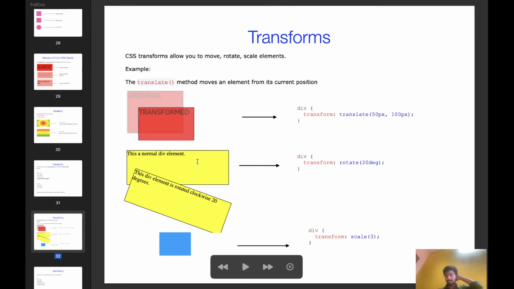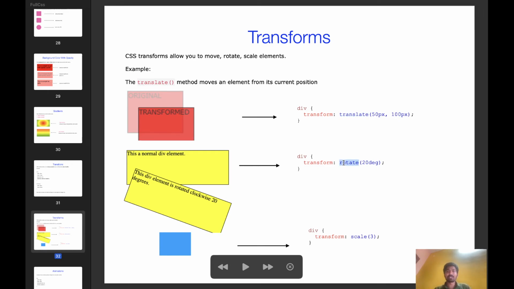Next, transformations. Transformations are useful for moving, rotating or scaling an element. Let's say one element is there and I want to move it to a different position, then you can use transform colon translate to move it from one place to another.